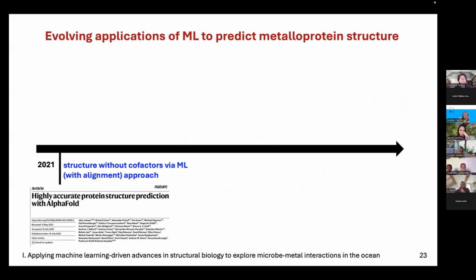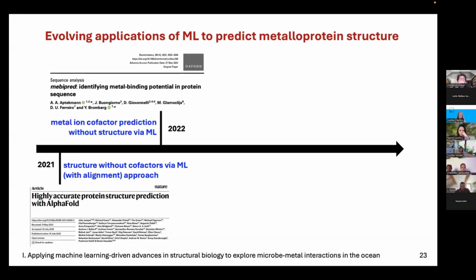Now, the groundbreaking version of AlphaFold that came out in 2021 did not include prediction of protein cofactors. However, at the time and in the decade preceding this, there were many models coming out which used more traditional AI approaches, more complex, but somewhat similar to what I described at the beginning, without a structural prediction to predict metal cofactor presence for a given sequence. I'm going to discuss one which was developed by some collaborators of mine here at Rutgers called MeBe-Pred.